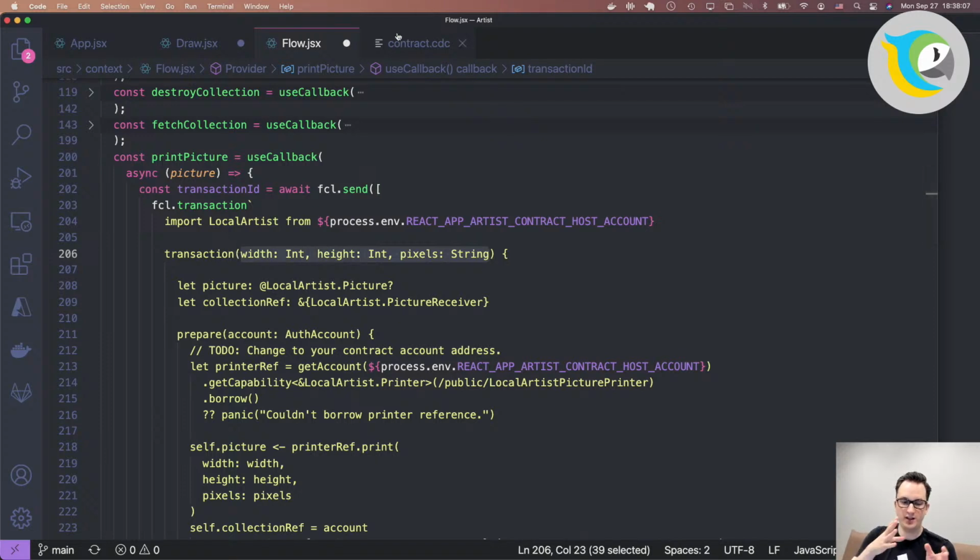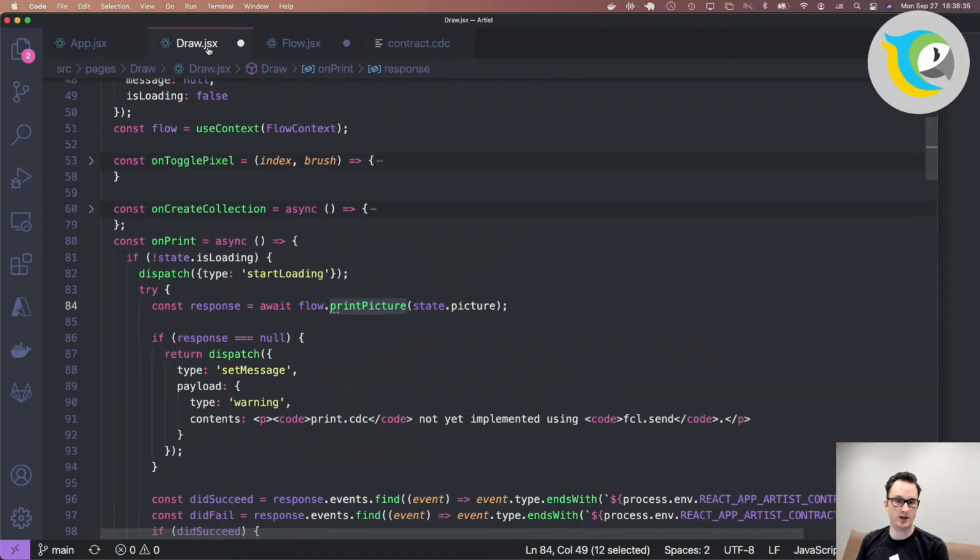Because essentially we need to pass information from outside of the blockchain to the blockchain, right? So in JavaScript, we might have a couple of numbers and a string. Well, that needs to somehow be converted and passed on to a format that Flow can understand, and we do that using